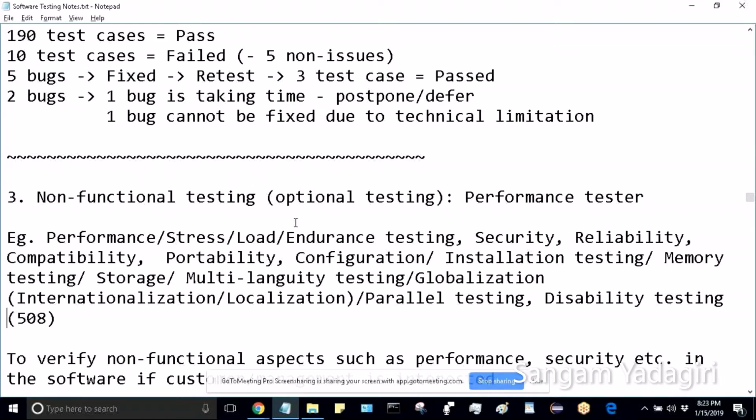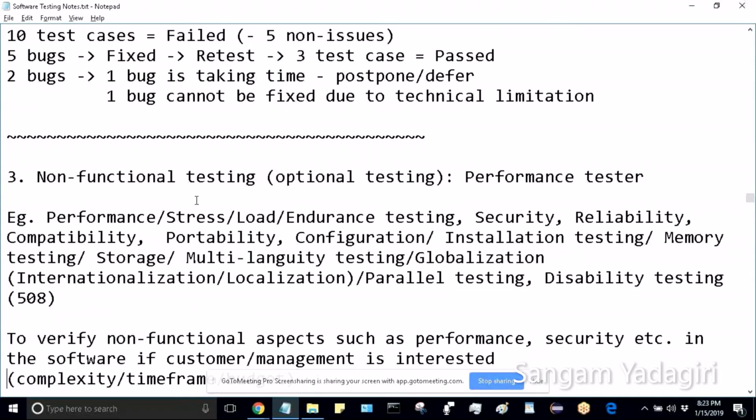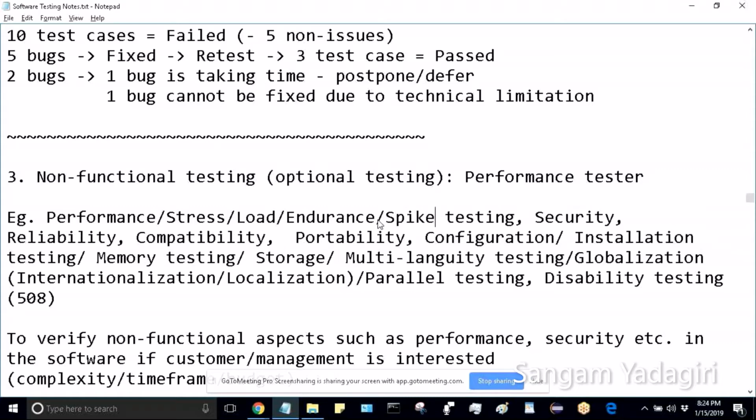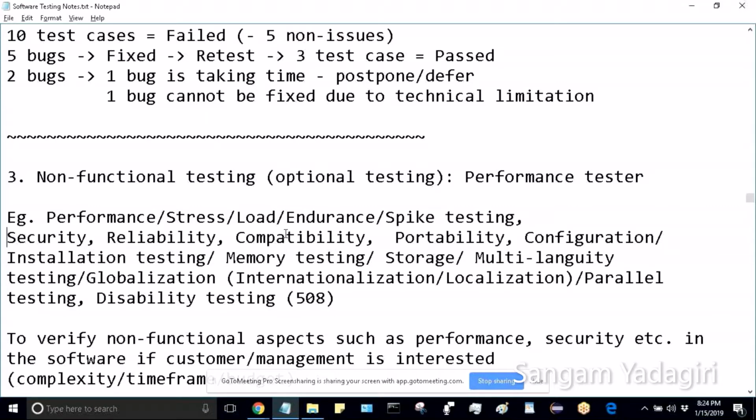There are different kinds of non-functional testing also, just like functional testing has different aspects. Non-functional testing also has different types. Some of which are performance testing, stress testing, load testing, endurance testing, security testing. One more is spike testing. These are all similar, so I'll just put it here. Security testing, reliability testing, compatibility testing, portability testing, configuration or installation testing, memory, storage, multi-language testing, globalization, localization, internationalization testing,